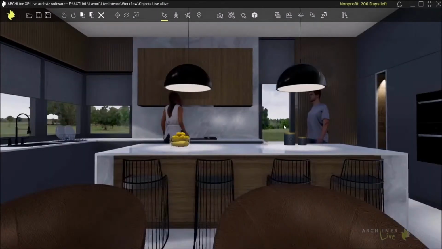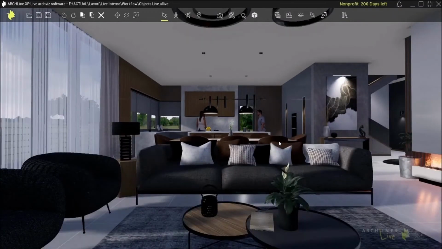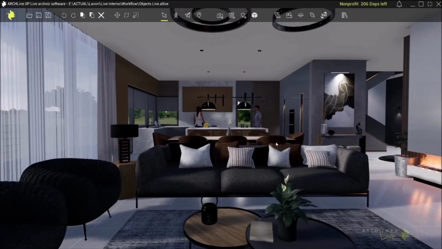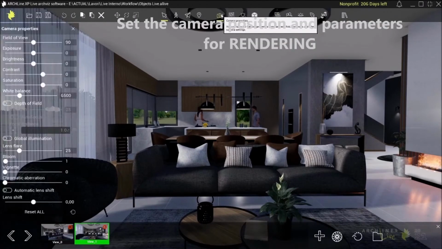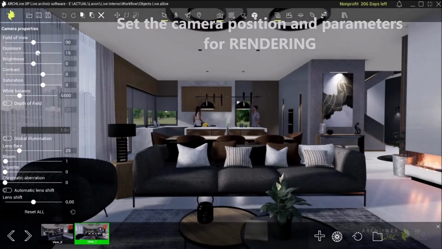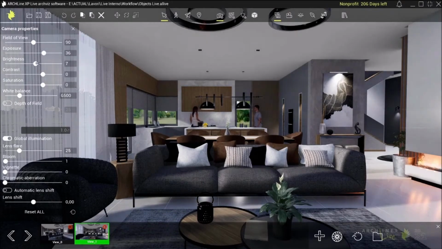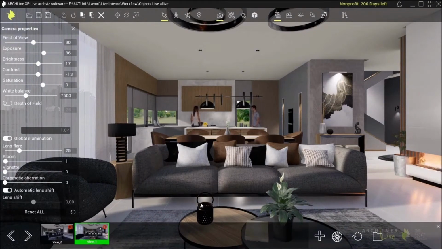Okay, so sooner or later we'll get to a point where we are now, when the lights are there, the materials are okay, we also have special effects, we have talking people, we actually made this interior a living piece. And then now I would like to create my own photographs. I would like to customize the exposure. I can customize the brightness, contrast, saturation. I can also turn on the global illumination, which makes it really realistic. With all the bouncing lights in the interior, just as you would see in a ray trace renderer, for example,